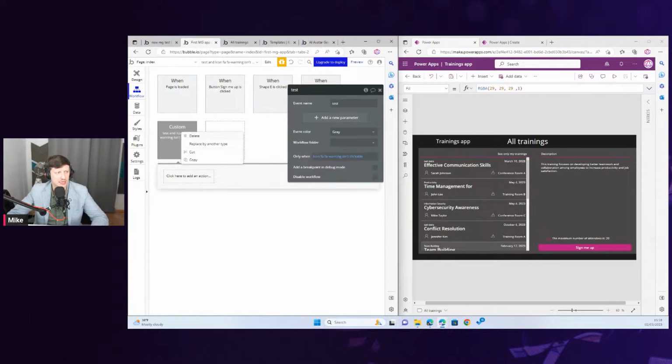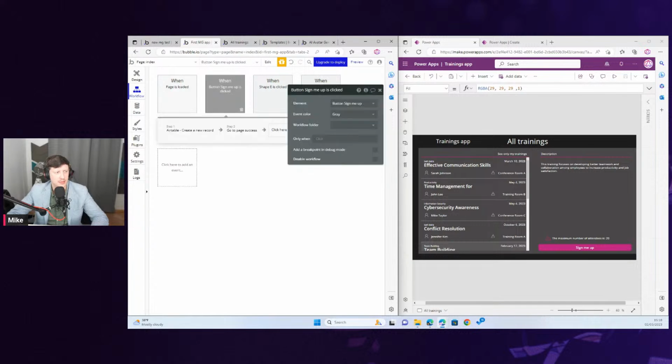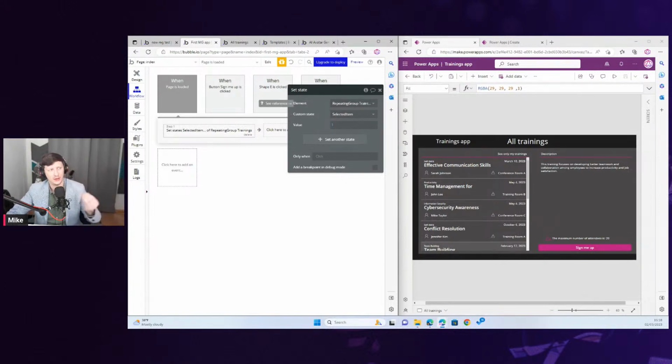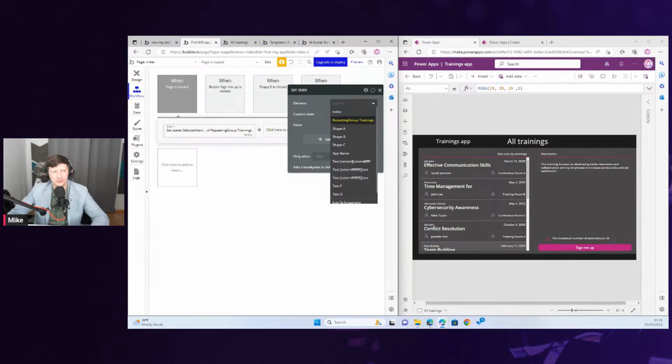Okay, let's delete this, and let me see what I have here. So for instance, I told you about the variables. You can create a variable that is attached to a specific element, so the visible control. And in Bubble, I can assign a value of a selected item to repeating group trainings, which is a repeating group, right?